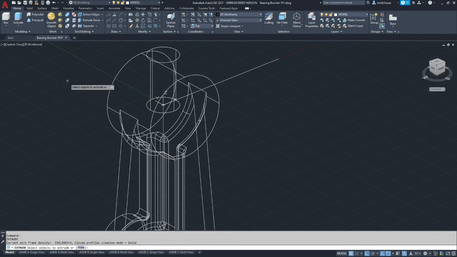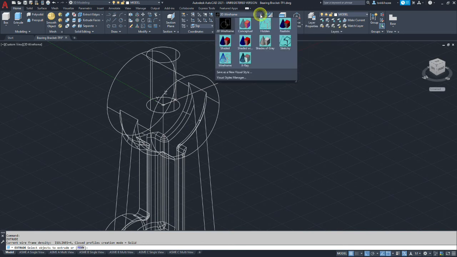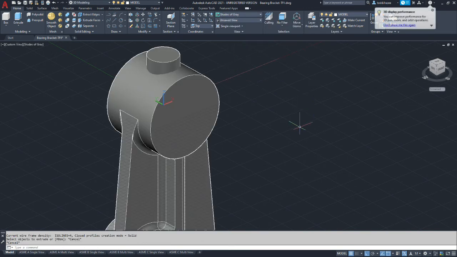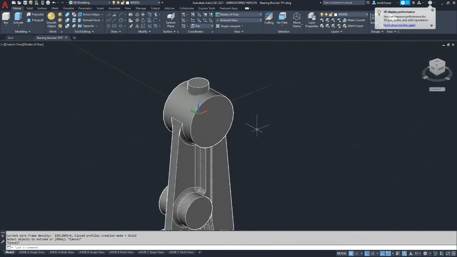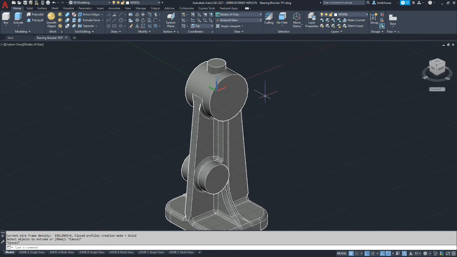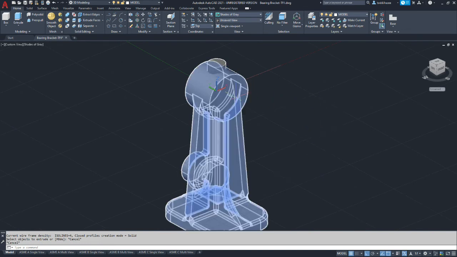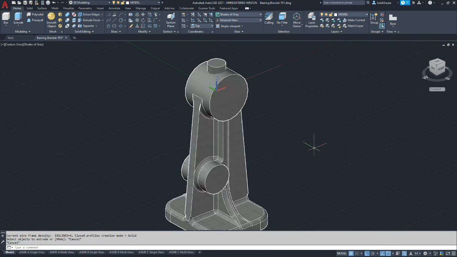Okay. We're going to accept that. And we're going to go back to our shaded view. Okay. And it should look like that. Now I'm going to make the cuts that go through the two bosses, and what that function will do is end up cutting this body and this body, and the end result would be a single union. So we don't need to do the separate union command. You could do it at this point, but here we go.